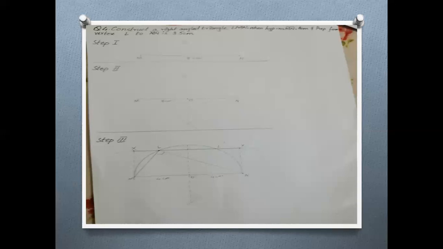And we also got 2 points on the semicircle which are A and A dash. From A you join A with M and A with N. Now this is our required right angle triangle in which the hypotenuse is given and the vertex. If you measure the length of A and M, the distance between them will be 3.5 centimeter. And we have finished our exercise here.